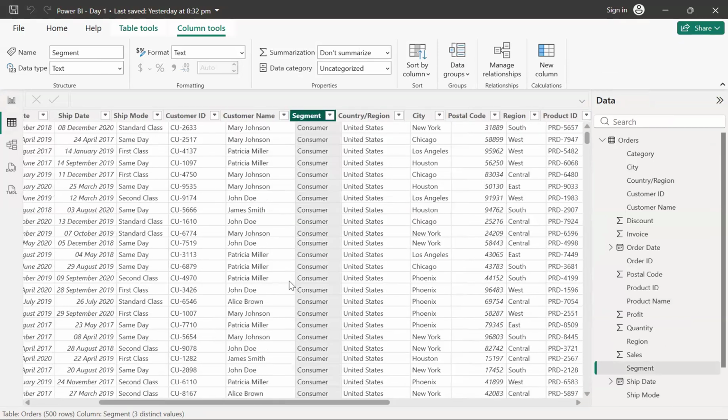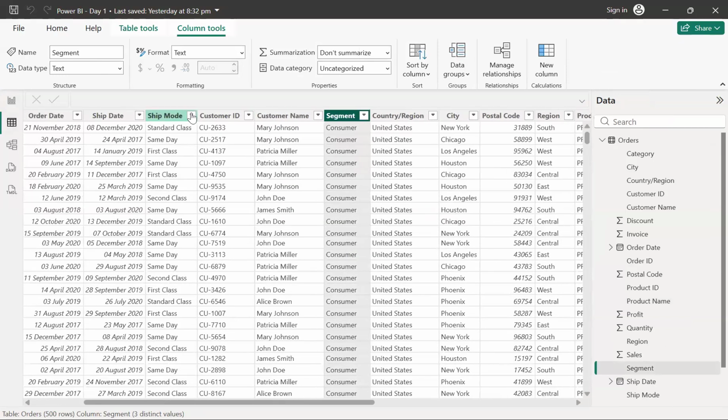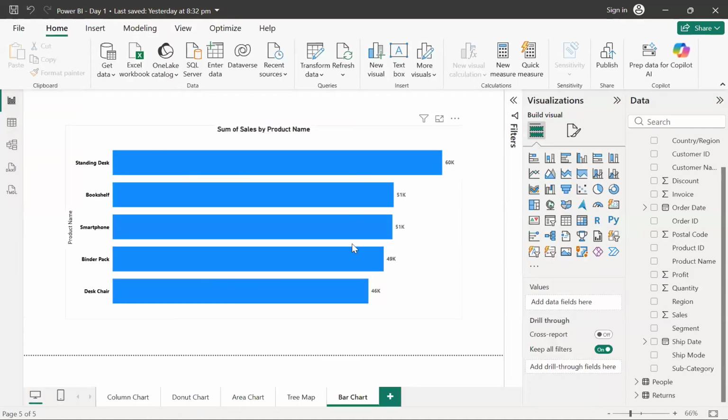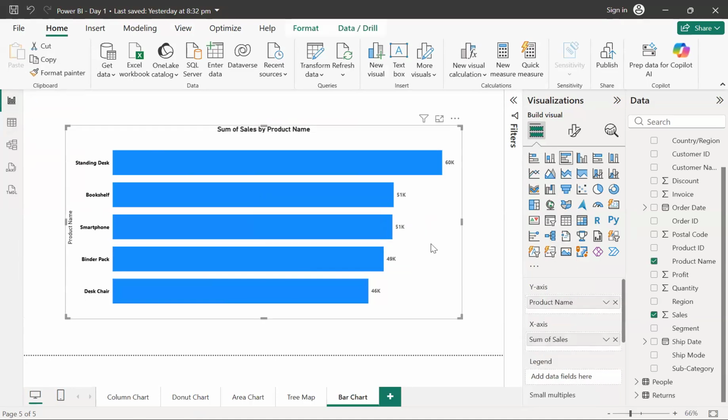So this is again a very important column. Similarly, we have a ship mode column over here, which has first class, same day. Okay, so what is the shipping mode? Definitely the shipping mode makes no sense to analyze here, but we can put, let's say, the segment column to get more information from this particular chart.